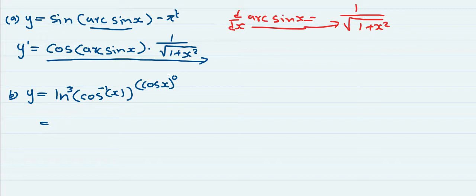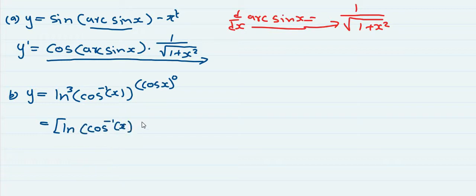Anything raised to exponent 0 is 1. So y is the ln of 3, ln as a whole, with 3 as the exponent, the ln of